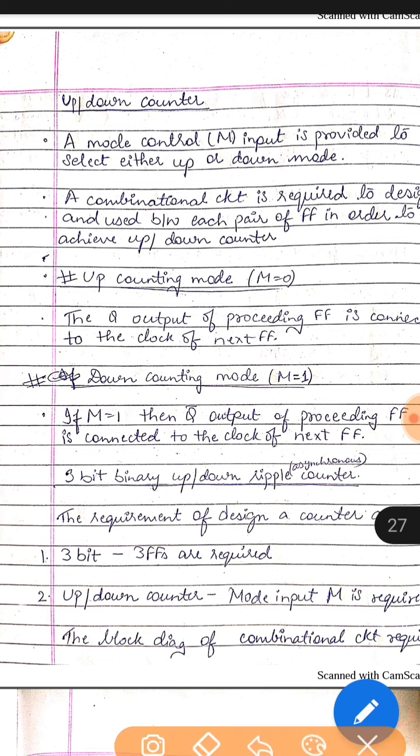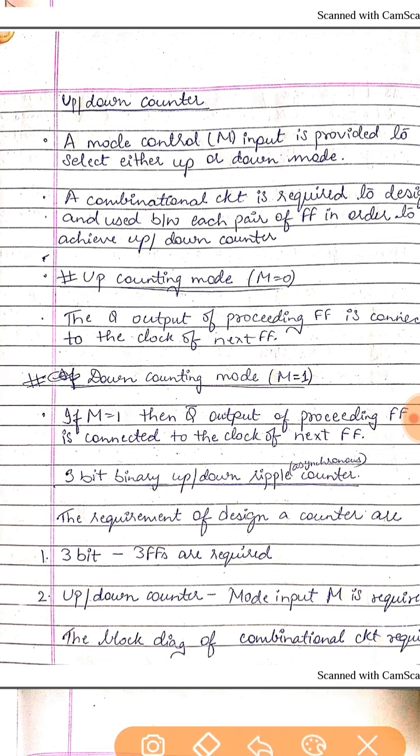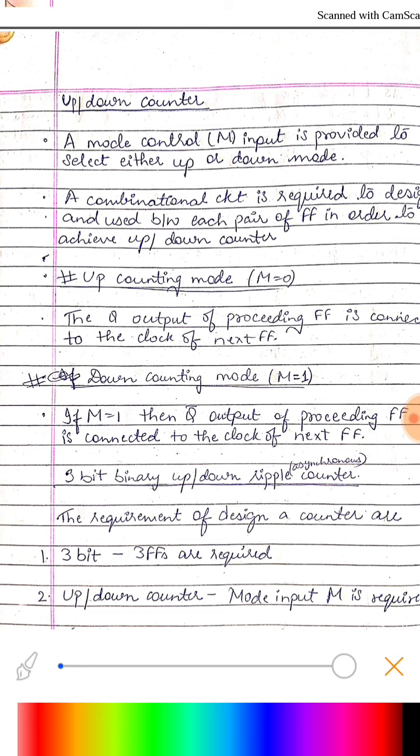Okay, so how we can do that? We used the intermediate clocks from the complemented output, that is the QA bar. If it was the first flip flop in the counter, the output QA bar, the first flop output, would feed the clock of the second flip flop, and this goes on to the last flip flop. So we saw how we can implement up and down counter.